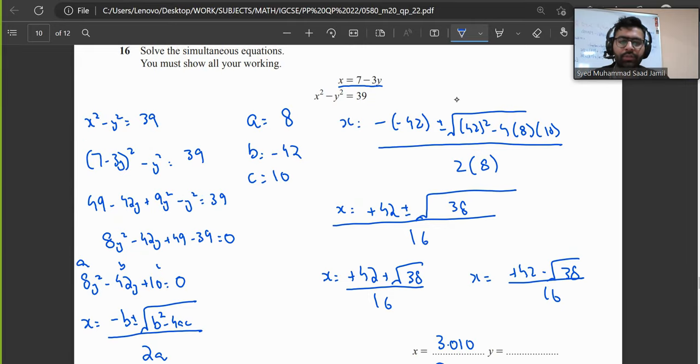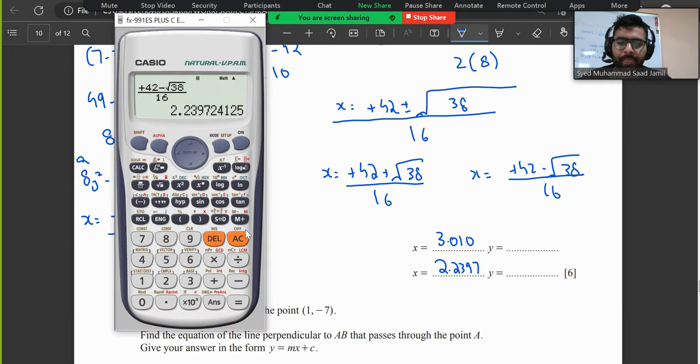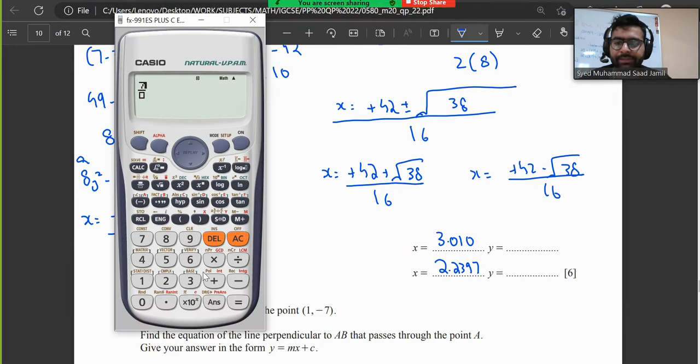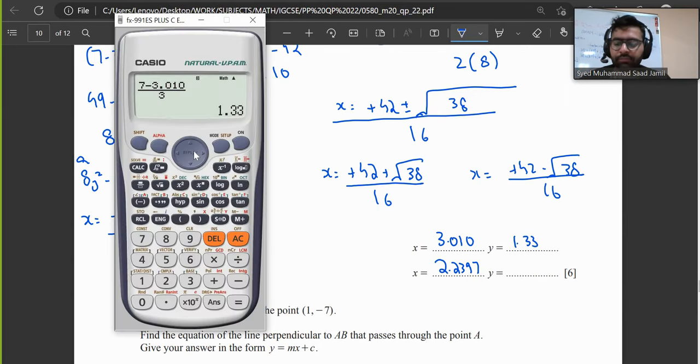So in this equation, just rearrange the equation and write it as 3y is equal to 7 minus x. So y is equal to 7 minus x upon 3. So we will just plug in the value of x. So 7 minus first value of x, 3.010, upon 3. So 1.33. And the second one is going to be